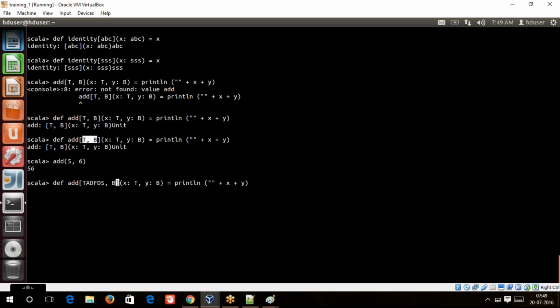Anything. This is also valid syntax. It just says it is a type parameter, but this has to be used here. It is just a convenience to use some capital letters, but we can give any name for our value parameter, and we can give any name for our type parameter,